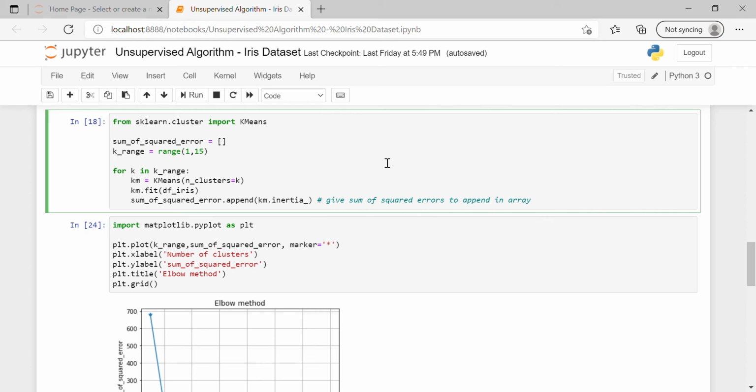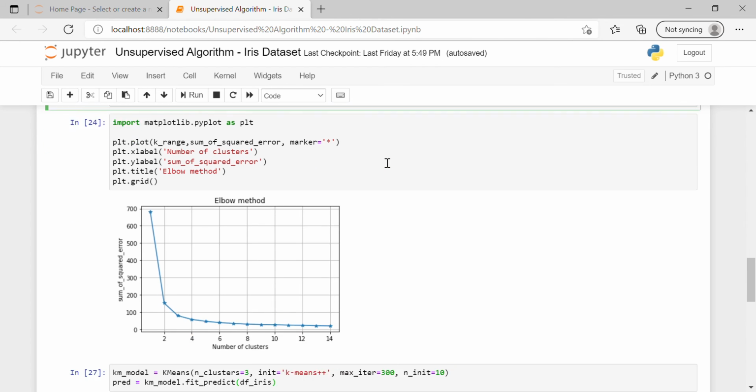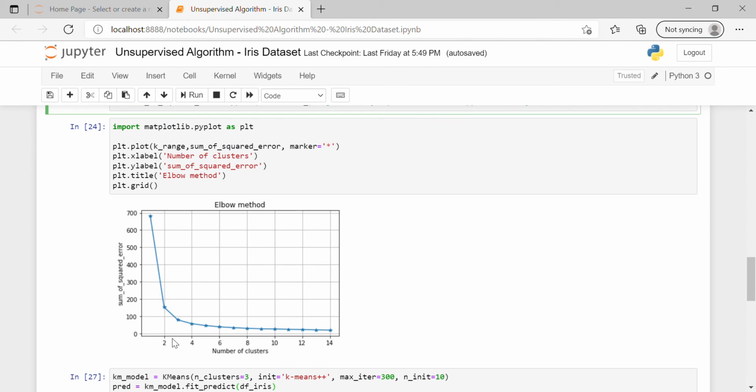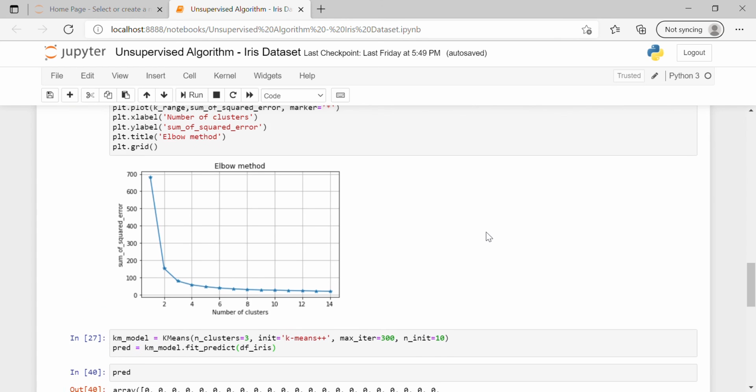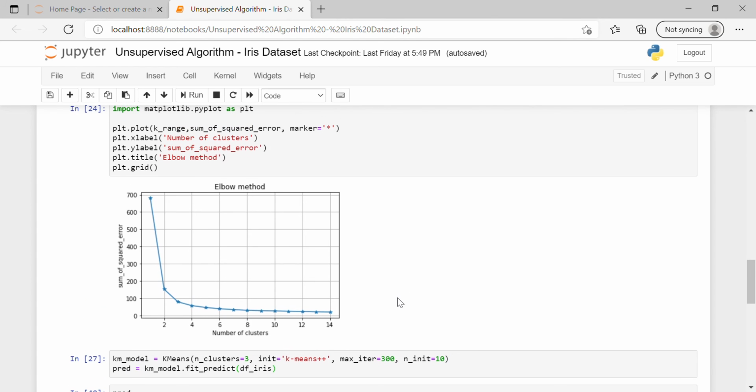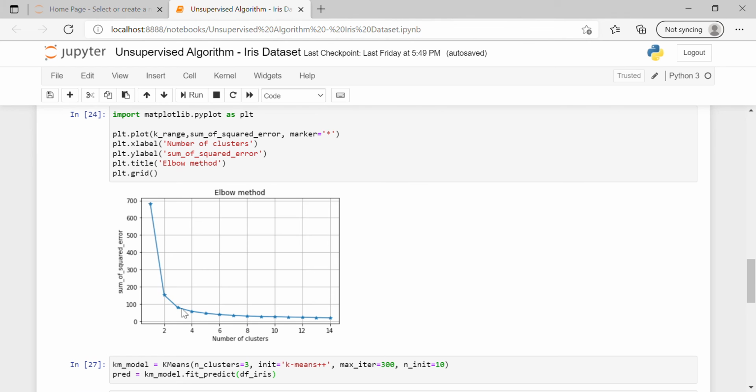It will sum up using km.inertia. It will give you the sum of squared errors, and it will append to the sum of squared errors array. And then we have plotted it, and through this diagram we can estimate that there are 3 clusters.